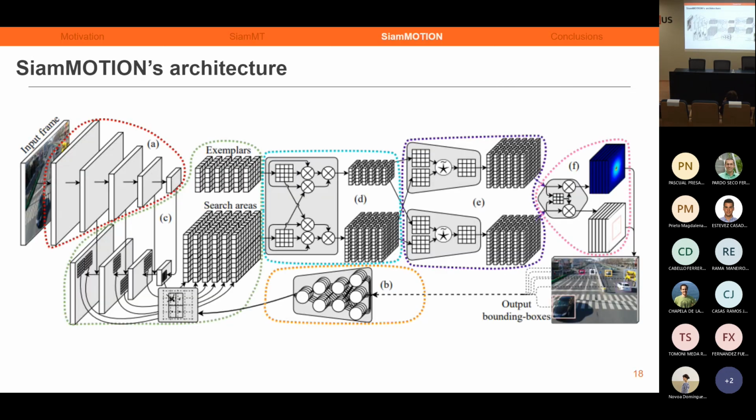Introducing SiamMOTION. The essence is the same as SiamMT, but as you can see, it has been highly revamped. Let's focus on the most significant changes. First of all, we maintain the global frame feature extraction, as it is one of the enablers of the SiamMT architecture. Without this property, we wouldn't be able to apply all these kinds of techniques to several dozen targets in real time.